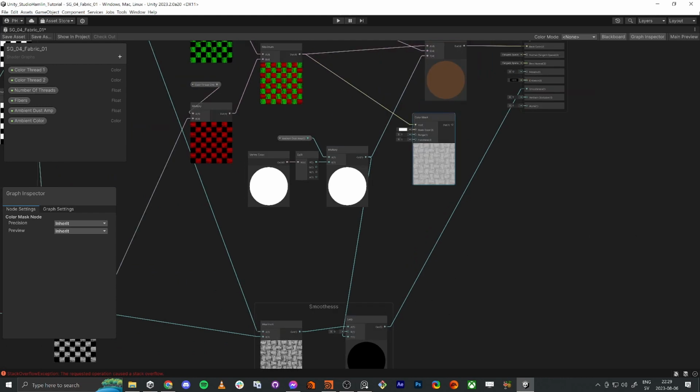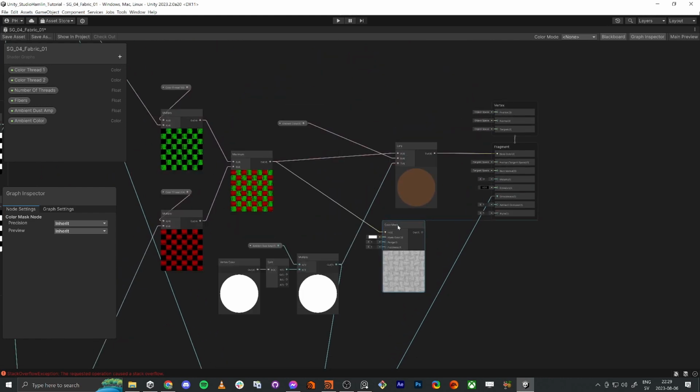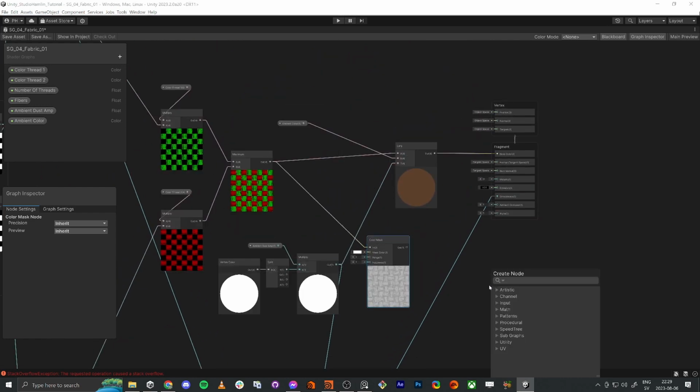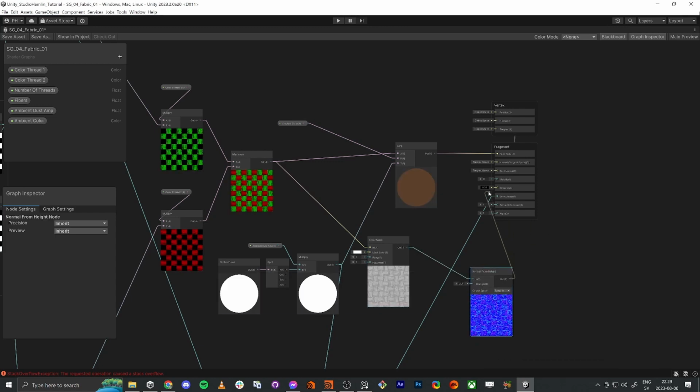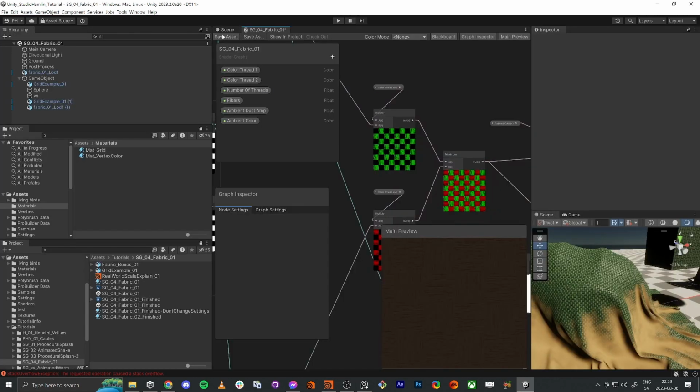Actually, we're going to see the normals in the dust as well. So we have this value, and we just do a normal from height in. And if we press this one into the normal tangent space, we should see some normals happening here. Definitely. Okay, so if we save,